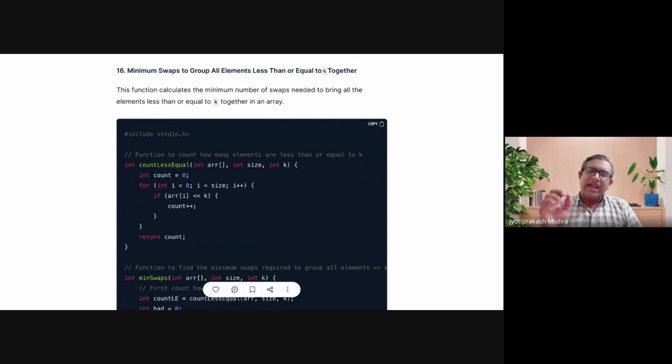So we are given the value of k. We have to figure out all the elements less than or equal to k and bring them together in the array. कहीं पे भी लेके आओ, उनको तुम शुरू में लेके आ सकते हो, एंड में लेके आ सकते हो, कहीं बीच में रख सकते हो, लेकिन वो सबको तुमको एक जगह पे लेके आना है और मिनिमम नंबर ऑफ स्वैप